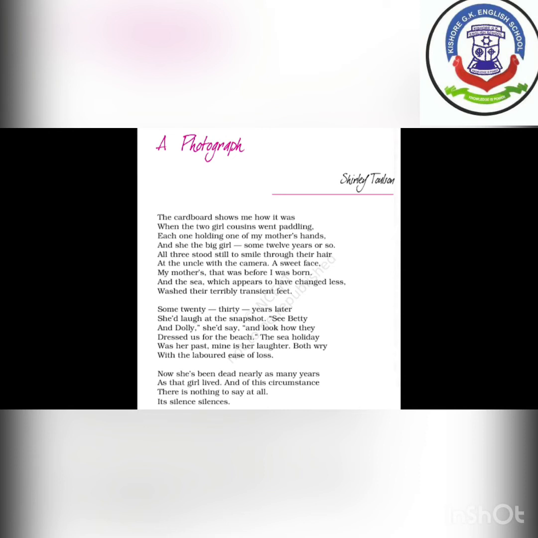A photograph, such a photograph, is not only a thing which they look at and then put somewhere in the cupboard, but a photograph is one thing that we always remember and recall, and we directly or indirectly look at such a picture of where we went 20 or 30 years ago. Now she had been dead nearby many years. Friends, in the photograph they see the cousins and mother. Now she had died many years ago, but the girls lived,